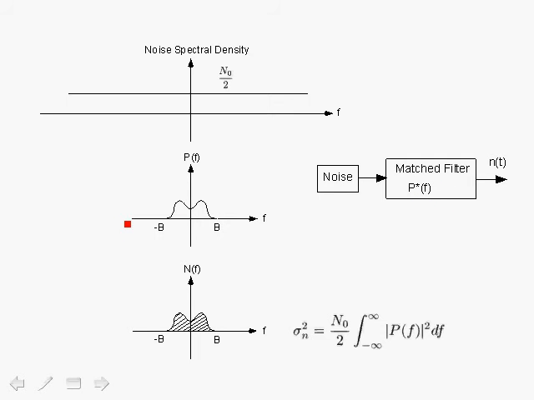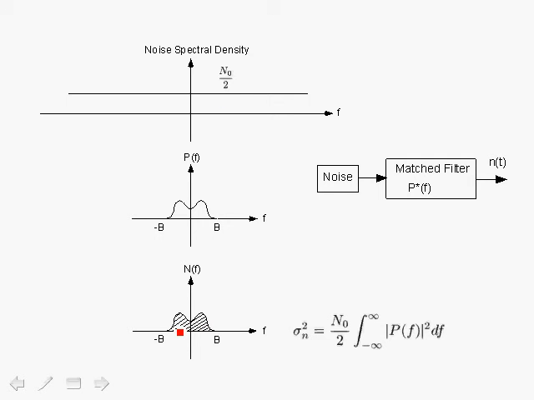But in general, if we have a filter with a filter response P sub F, as shown over here, band limited to B hertz, and we pass additive white Gaussian noise through that filter, the output of the filter would also be Gaussian noise. It is no longer white because it is band limited. In fact, it is correlated, but it is still a Gaussian random process. Now, what is of interest to us here is the variance of the noise at the output of the match filter. For any generic filter, we pass additive white Gaussian noise through that filter,